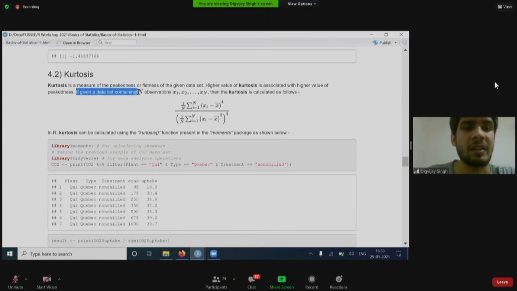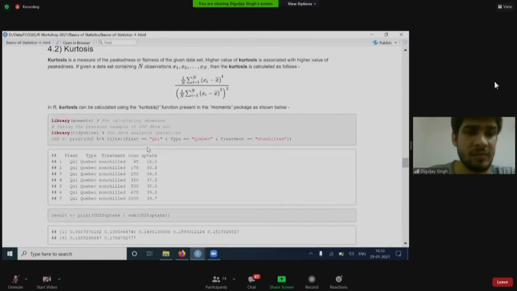If given a data set containing n observations, x1 to xn, then the kurtosis is calculated as follows. Again, you will observe that the variance has been used here also. So in R, kurtosis can be calculated using the kurtosis function present in the moments package, as shown previously.